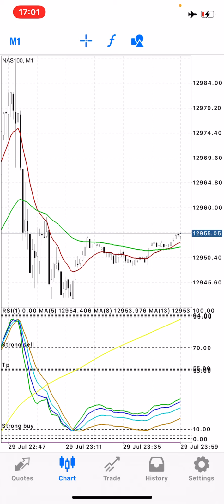And today we are focusing on Nasdaq, which is an index that you find on the broker that we use